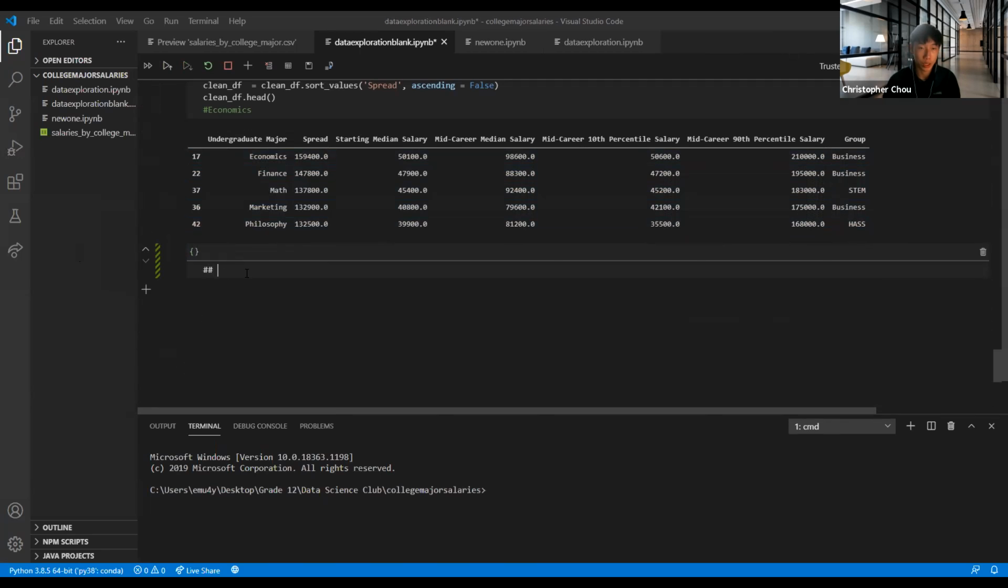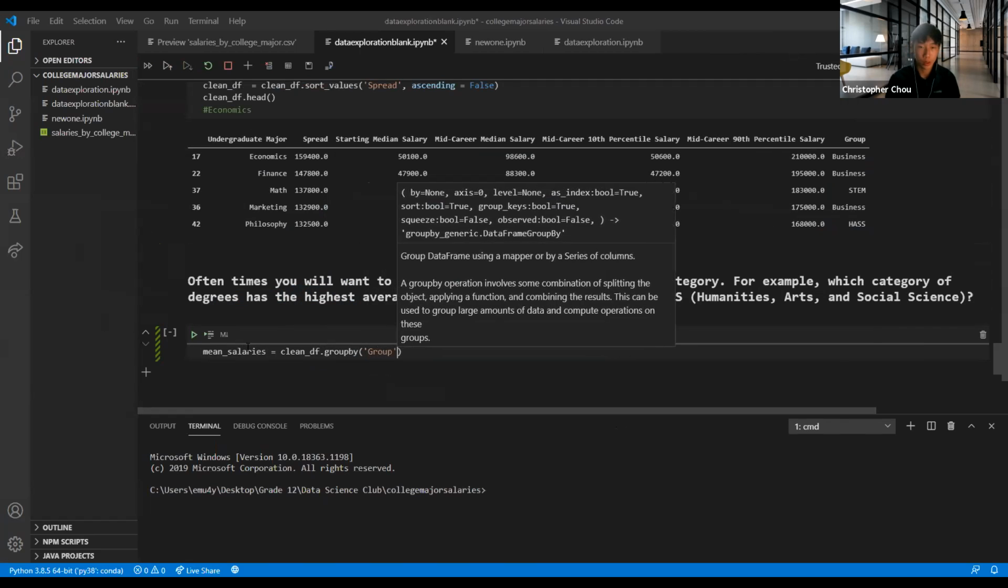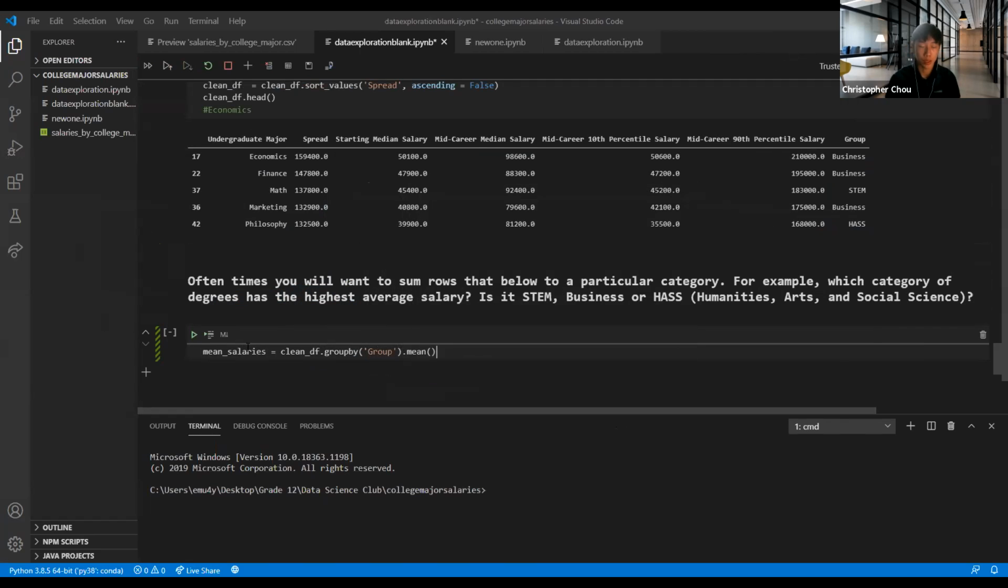Let me just put that here. Which category of degrees has the highest average salary? Is it STEM, business, or HASS? So first we have to group it by the group name, right? So we're going to take our same clean data frame and then we're going to group it by the group and then we're going to take the mean of it. Okay, so